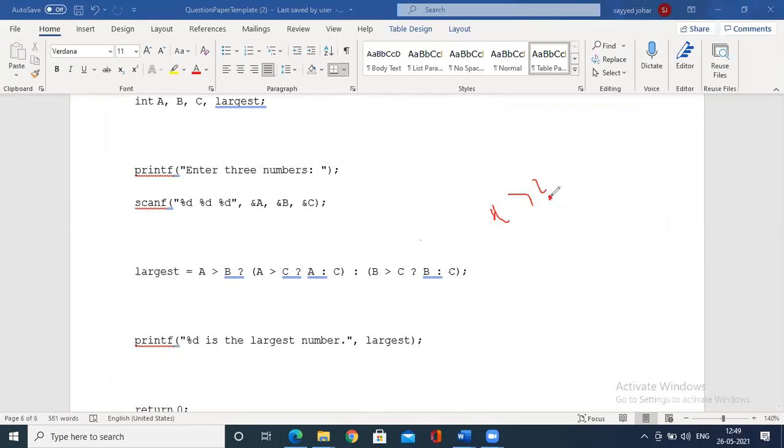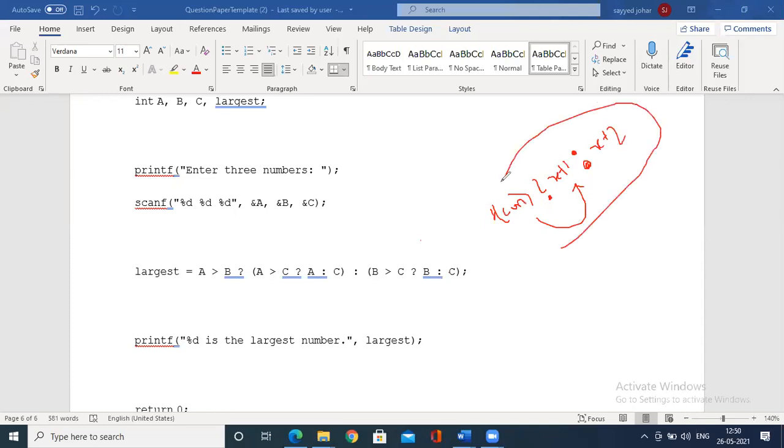If this condition is satisfied, that is the return value, separated by a colon. So you write the syntax: condition, followed by question mark, followed by return value 1, colon, return value 2.